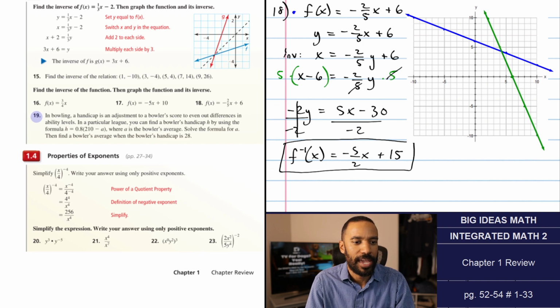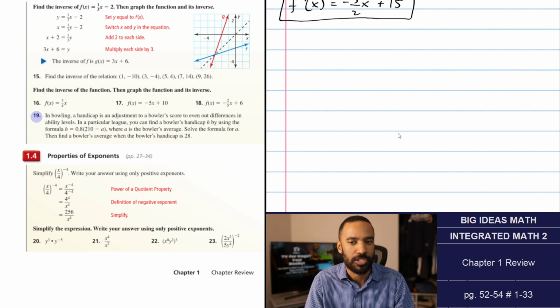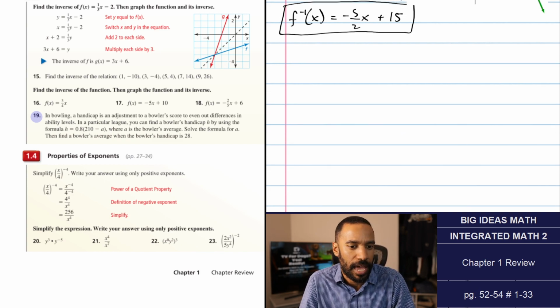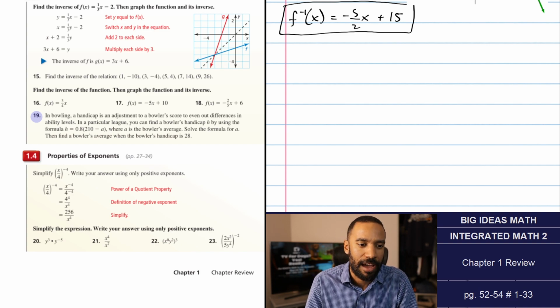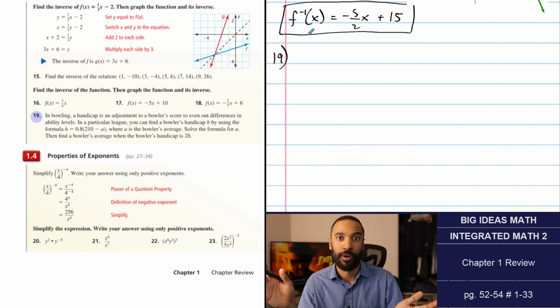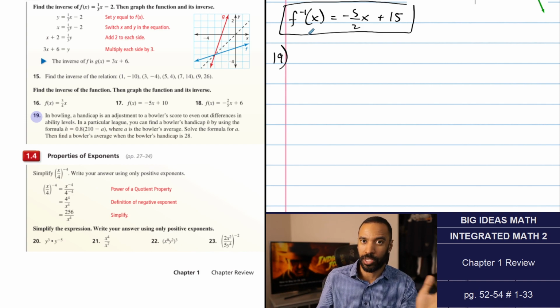In bowling, a handicap is an adjustment to a bowler's score to even out differences in ability levels. In a particular league, you can find a bowler's handicap H by using the formula here, where A is the bowler's average. Solve the formula for A, then find the bowler's average when the bowler's handicap is 28. So they're just using concepts of inverse. They explain what a handicap is, things like that. Like, oh, we'll start you with a score of 40 because this other person who's more skilled is going to